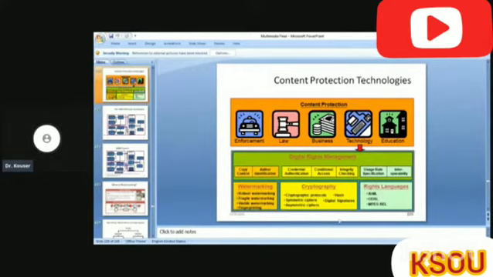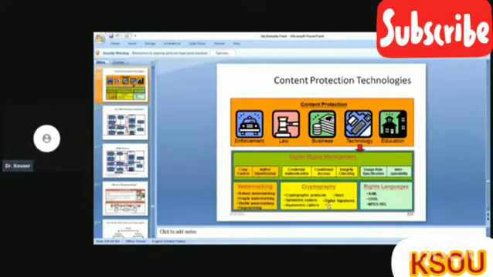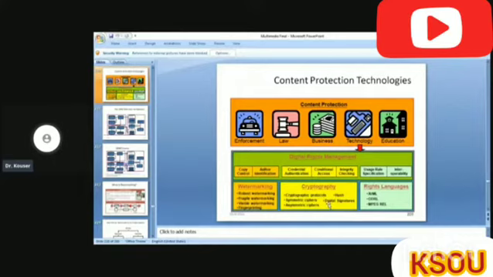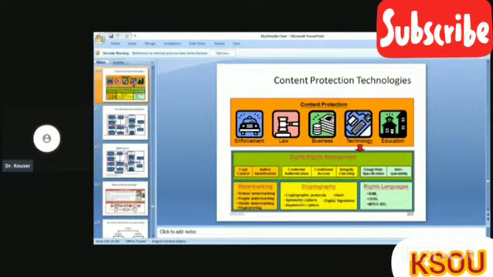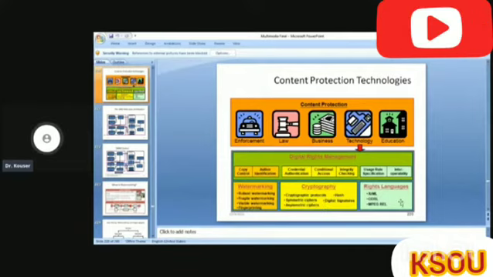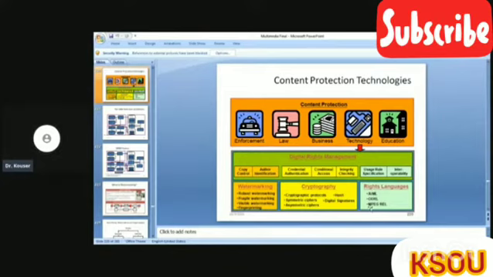And there is also cryptography, which is another way to protect the contents. In cryptography, we use certain cryptographic algorithms or protocols. We make use of certain hashing algorithms. We use symmetric ciphers, digital signatures, etc. And there are also some rights languages which enable content protection. Those languages include MPEG REL, ODRL, and XRML.